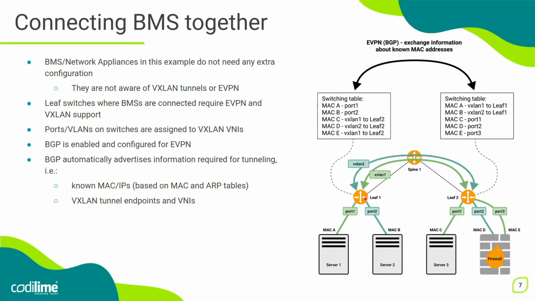So as an IP packet with UDP and VXLAN headers, it is forwarded to the Leaf2 switch, where it is de-encapsulated. So the original frame is taken out of the VXLAN header, and the Leaf2 switch will check the destination MAC of this Ethernet frame, again using the switching table. So we've got MAC address C reachable through port 1, so this is exactly the interface through which the original frame will be forwarded to server 3.